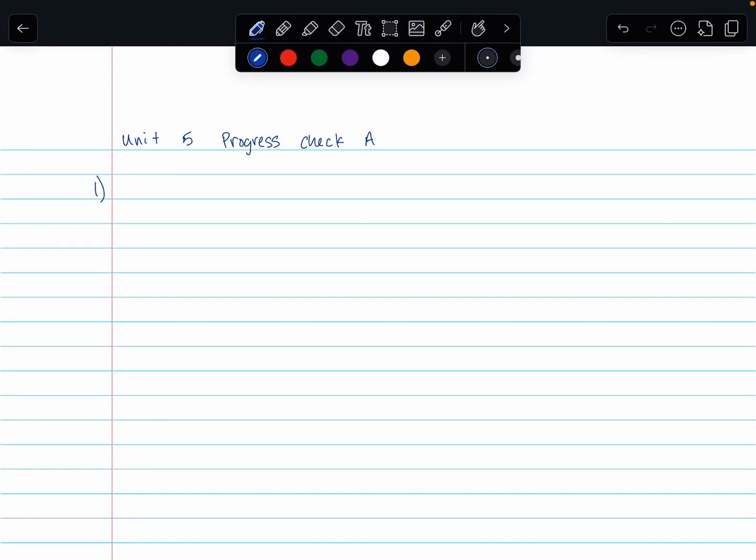Alright guys, this will be the first progress check of Unit 5. Following along with the first question, it is a calculator required one, but it says let f be the function given by f of x equals cosine of x squared plus x plus 2. And the derivative of f is given by f prime of x is equal to negative 2x